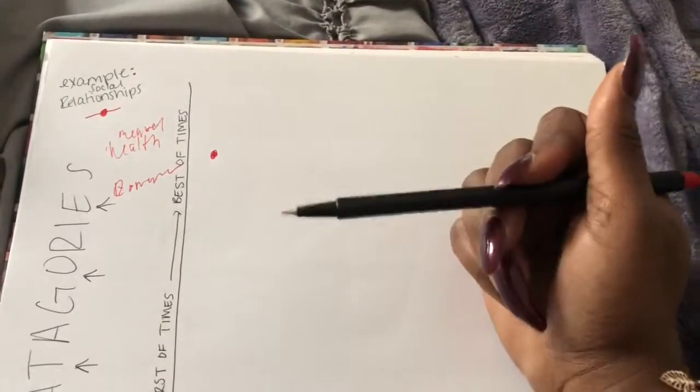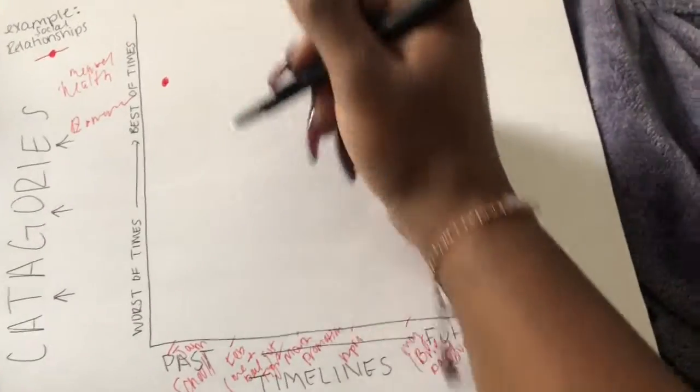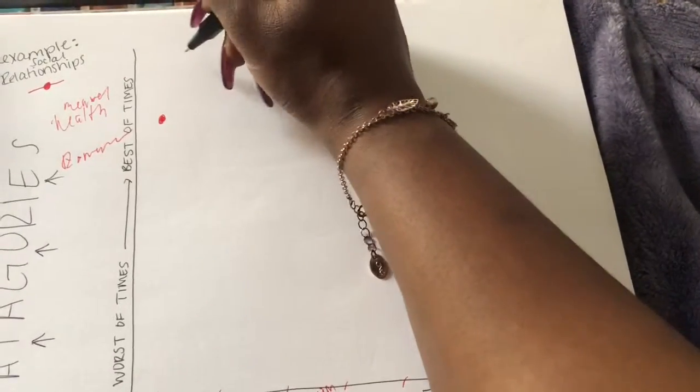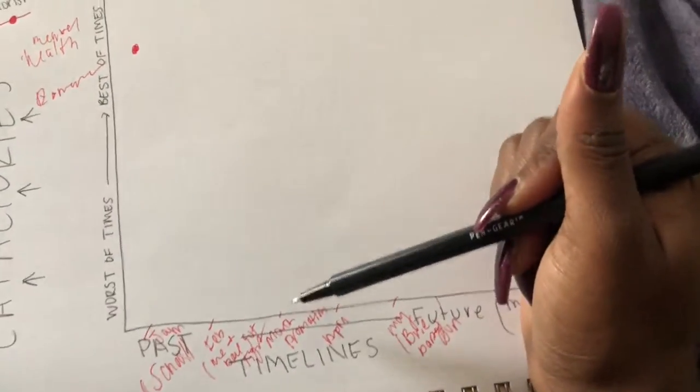So you would think, yeah, me and Bae was messed up, but in fact, I was closer to my friends than ever before. So you do that like that. And then the next one says,